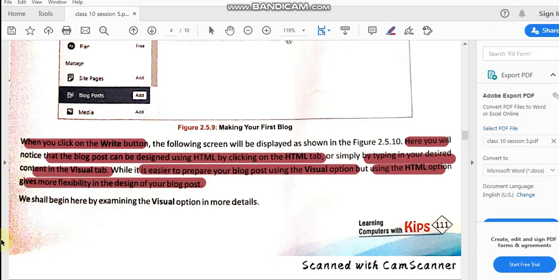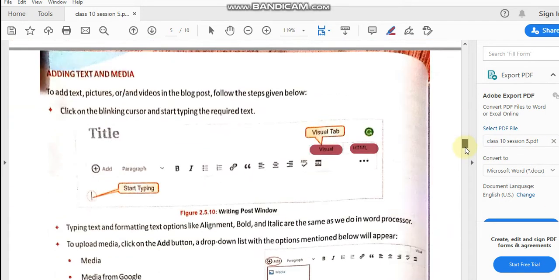That means using HTML, you can design it in a more flexible way if you know HTML. I assume you know HTML because we already started it in the previous classes. So let's understand in the visual option how to do it if you don't remember HTML.